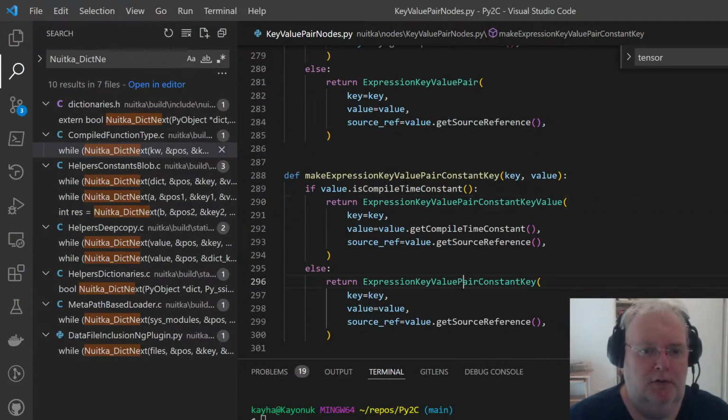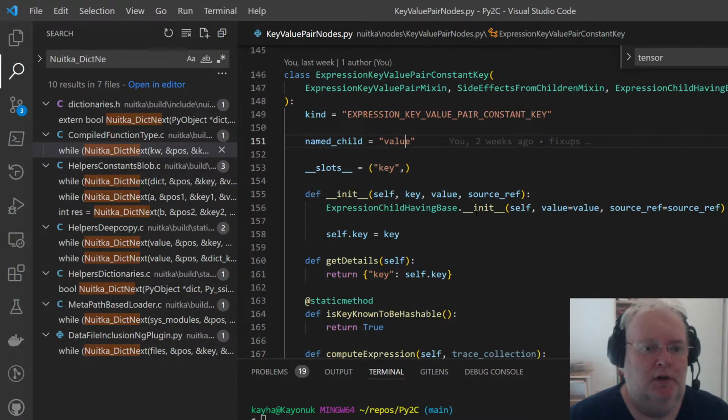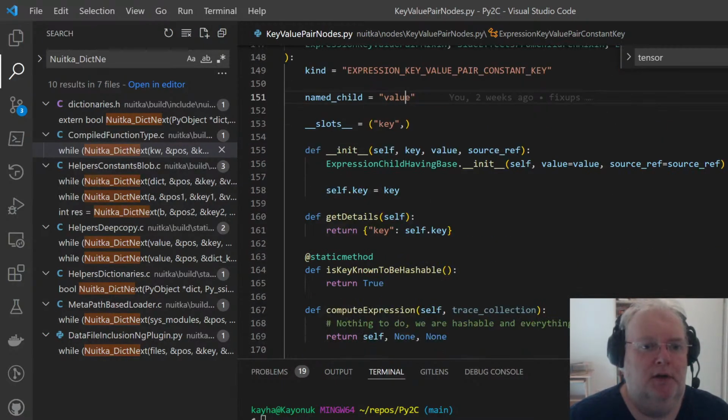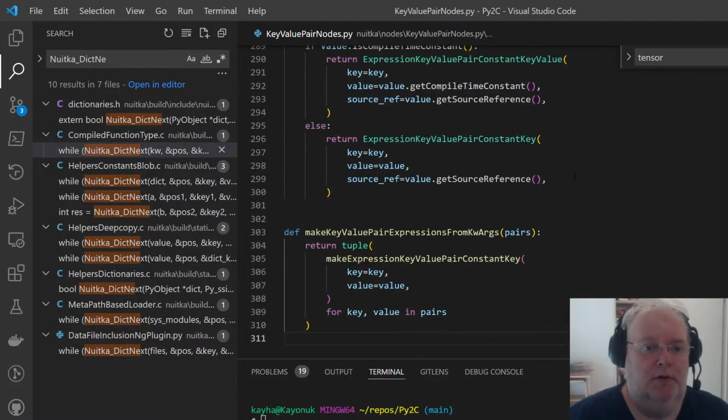If I compare it to this one, it only has a constant key but has a named child. And then during optimization, that's a separate node. Could be anything, could be but not a compile time string. These do not morph into each other yet.